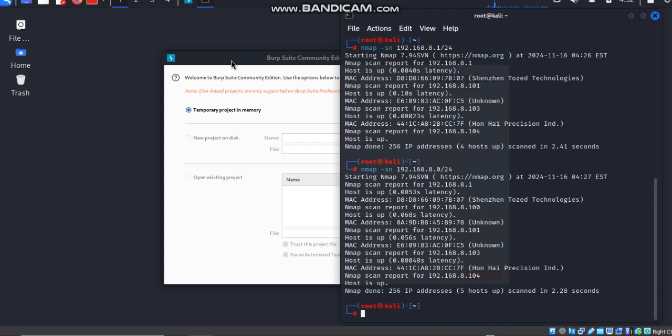My question is, whenever I run a scan to check my IP on the Kali, it shows me 10.10.1 or so. But if I'm checking it on my system itself, on Windows, it shows me 192 dot something, a different one. So I'm trying to understand, is it that I didn't set up the Kali very well or something?